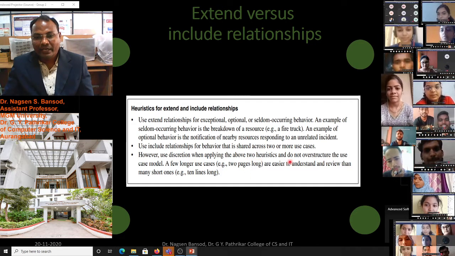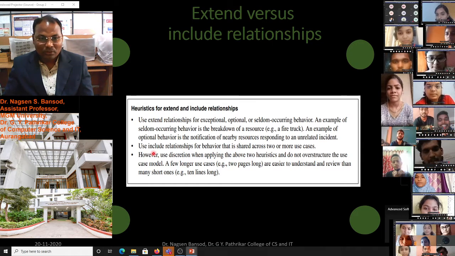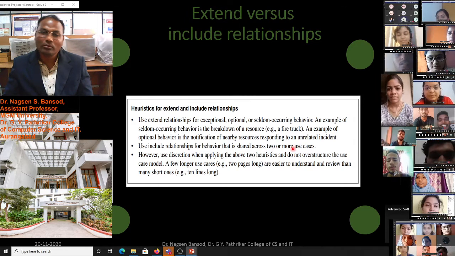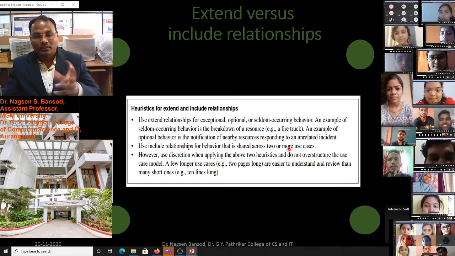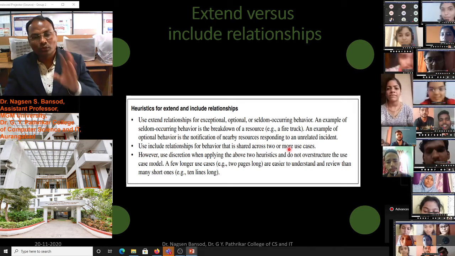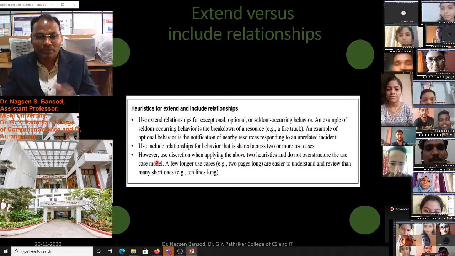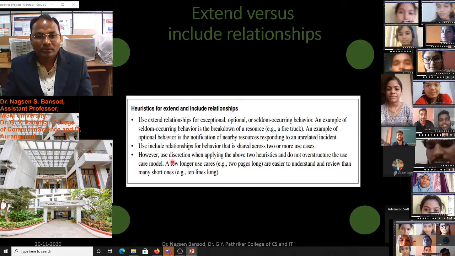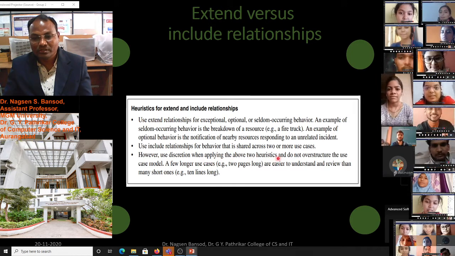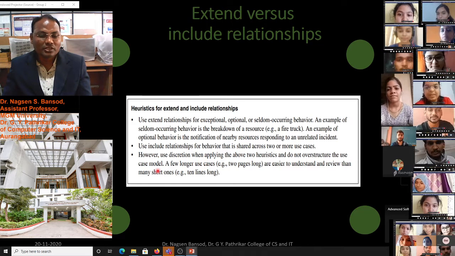Do's and don'ts of the heuristics. The include relationship is for behavior that is shared across two or more use cases. Sometimes it is shared between 2, 3, 4 or more use cases. This is a common use case. However, use discretion when applying the above two heuristics and do not over-structure the use case model.